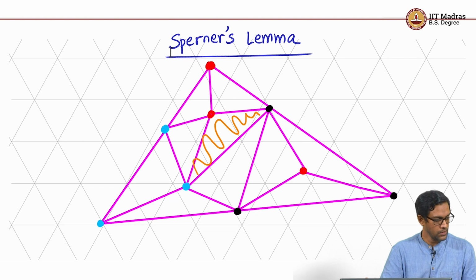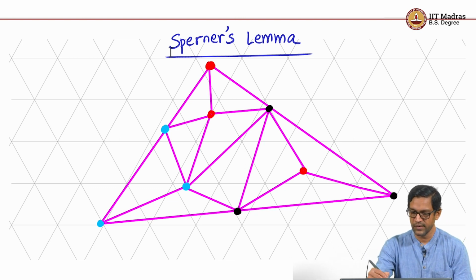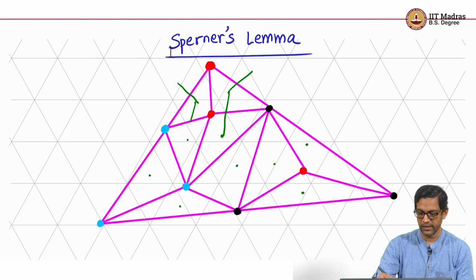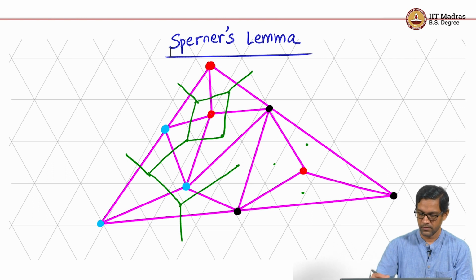So if you notice what did we actually do when we constructed the skeleton? I mean, it was nice to have equilateral triangles and so on, but we could have just as well done the same thing with, you know, imagine putting some dots in the middle of each of these triangles and then drawing the same sort of skeleton. So you imagine drawing the skeleton. So of course you eventually only draw those lines of the skeleton which correspond to having, say, red-blue or blue-black or whatever edges. So this would sort of be the full skeleton